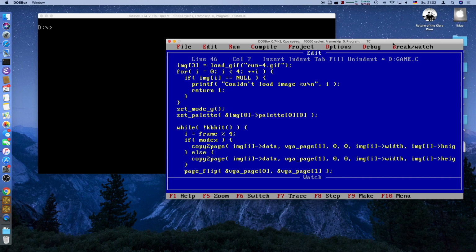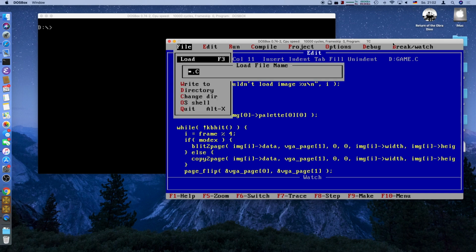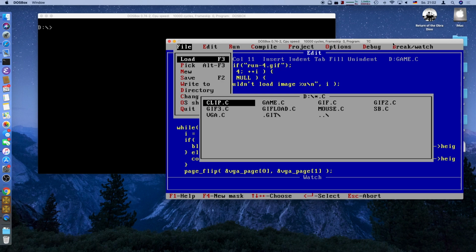And we will call this function blit to page. It will take exactly the same arguments. It will semantically function the same, but it will be much faster. Okay, we will implement this function